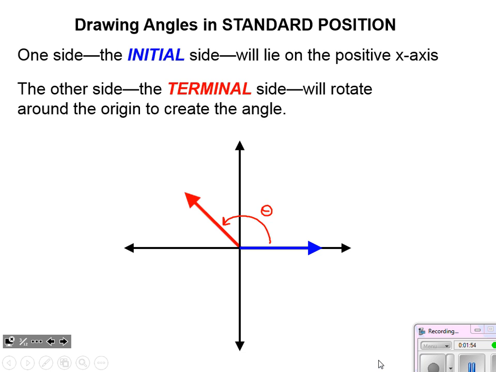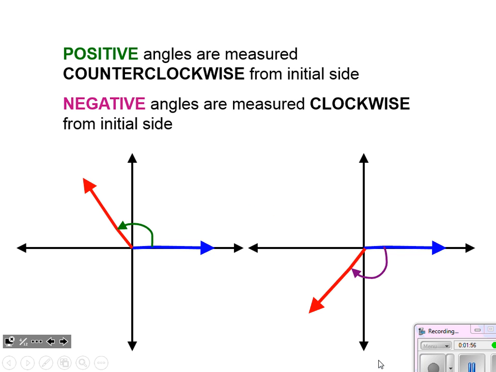Okay, really nice visual. Now, we had gotten an answer in yesterday's lesson where we got a negative angle, or we got an angle that was obtuse. Well, you can now see how that's happening, because we can have positive and negative angles since we're giving them a direction to rotate from that initial side, that initial positive x-axis location. So positive angles are measured counterclockwise. Negative angles are measured clockwise.